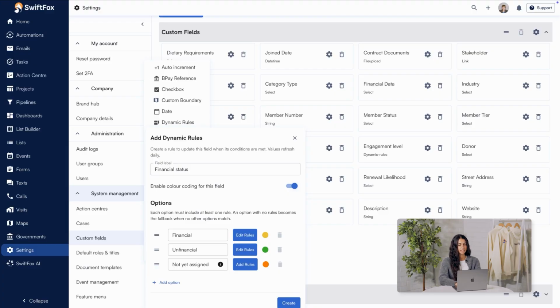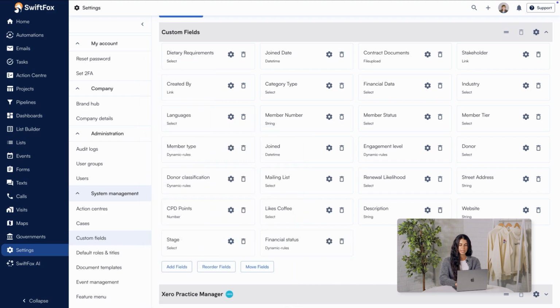One thing to be aware of when creating a dynamic rules field for the first time is processing time. In the first run, SwiftFox needs to check every contact against every rule. If you have a larger database and a lot of complex rules, it can take a while. As a rough guide, a database of around 20,000 people can take up to 12 hours to fully evaluate once